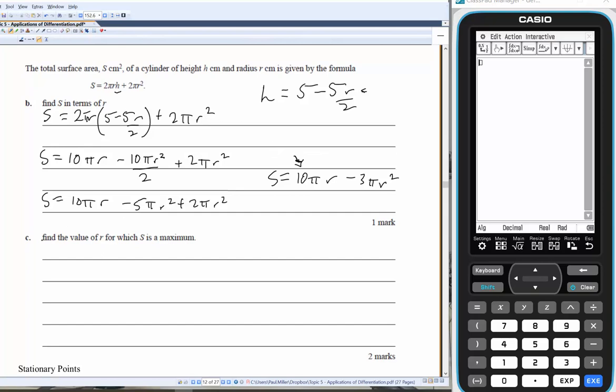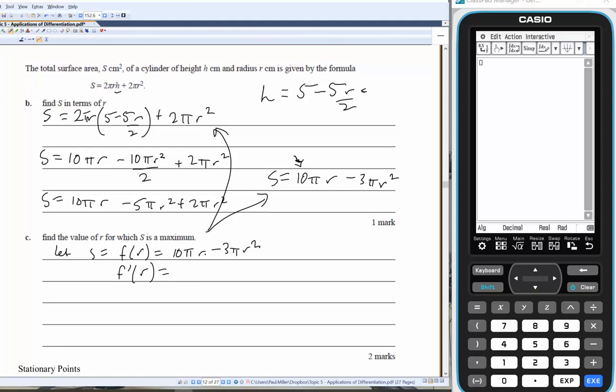But if you have a look here, what we're going to do is find the value of r for which S is a maximum. And essentially what we're going to have to do is derive this thing. So we would have had to do this anyway. So let's do the derivative. Let S equal f of r equals 10 pi r take away 3 pi r squared so that I can use some function notation. Let's find f dash r equals,